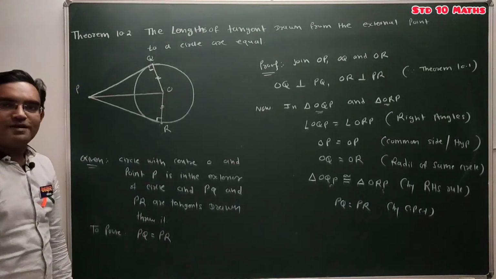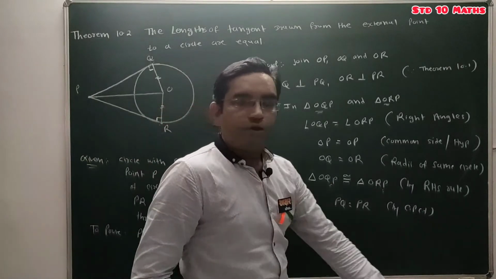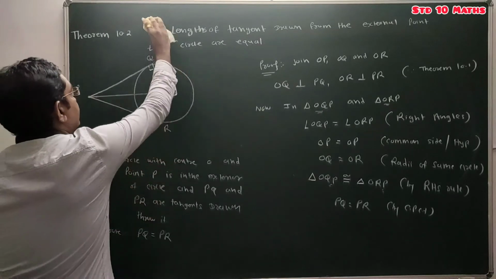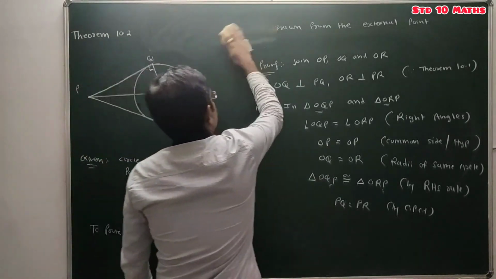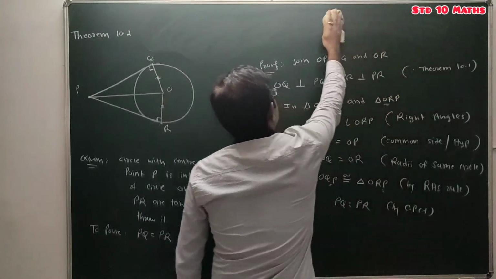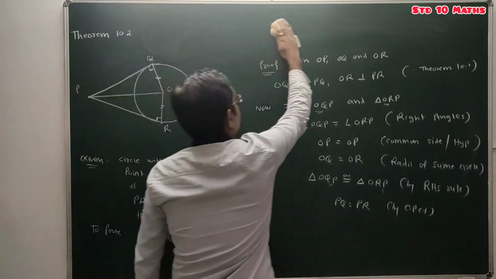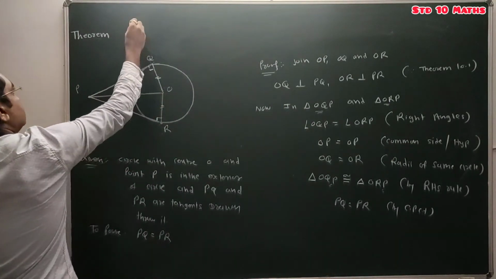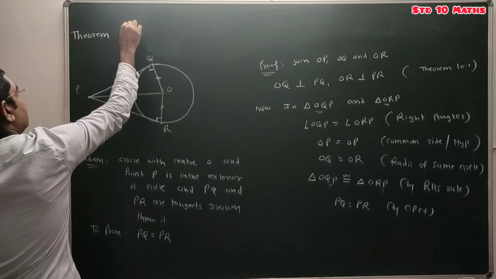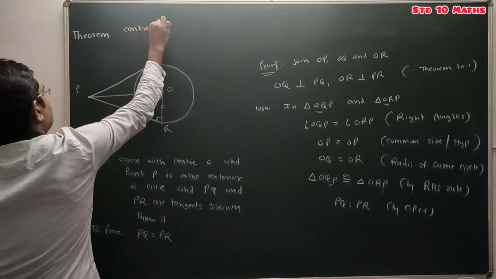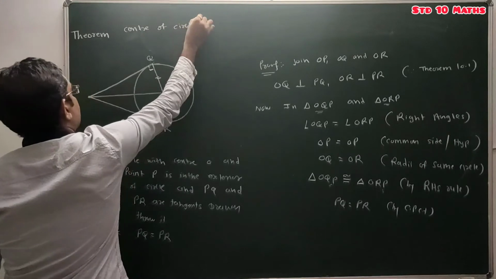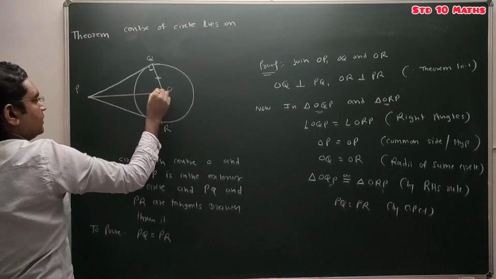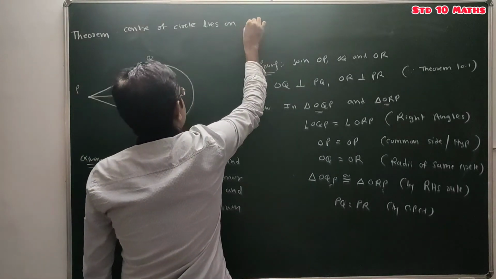Okay, students, one more important point from this theorem number 10.2. Instead of this theorem 10.2, we may also ask to prove one statement. So that statement is, here this property we will use in all our numericals. Here we may ask to prove that center of circle lies on bisector of angle